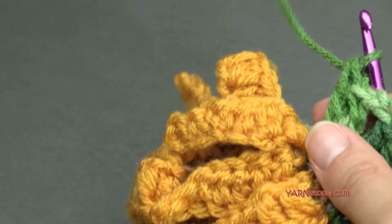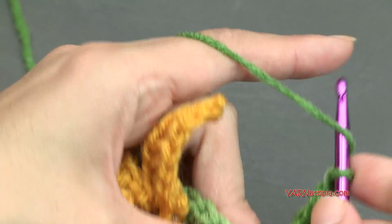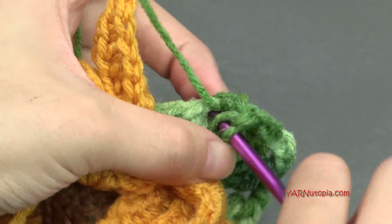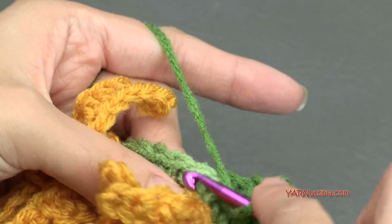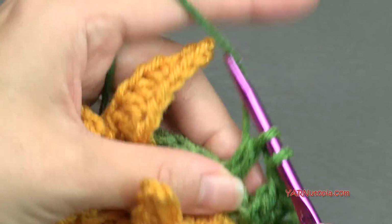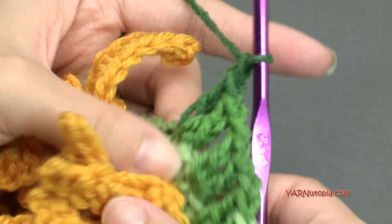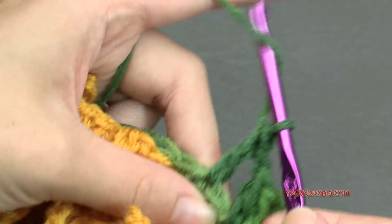So you can see here, that's our side, okay, and that's our corner. So now we're just going to repeat what we did. So chain 1, skip the next stitch, and put 2 double crochets in the next stitch. 1 and 2, then chain 1, skip the next stitch, put 2 double crochets into the next stitch, then chain 1, skip the next stitch, put 2 double crochets in the next stitch,